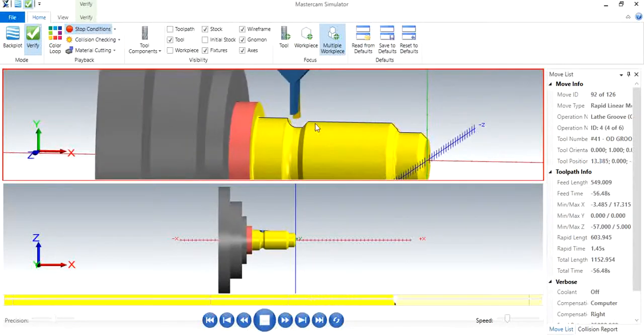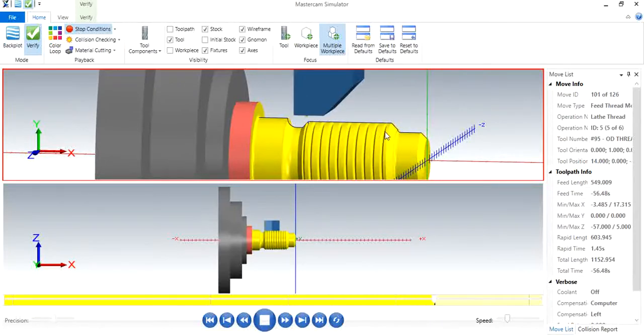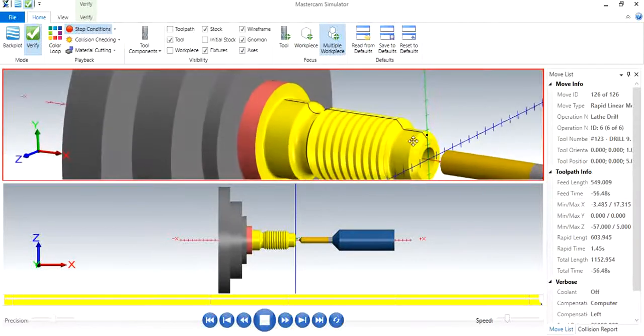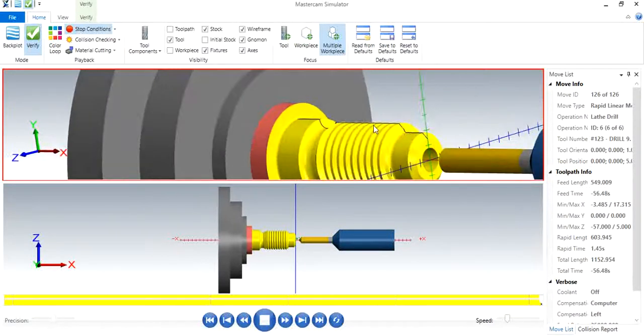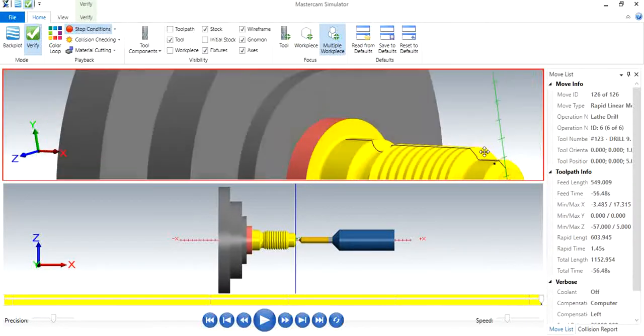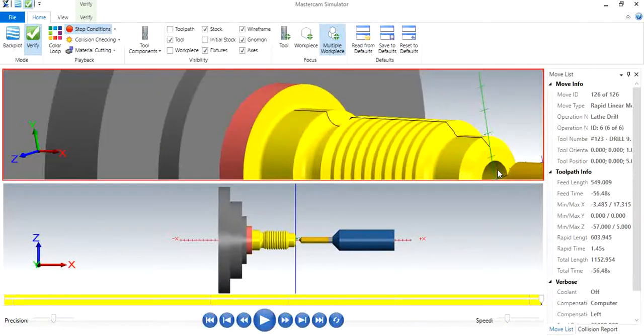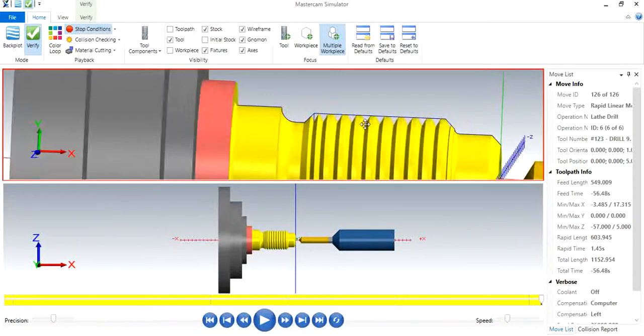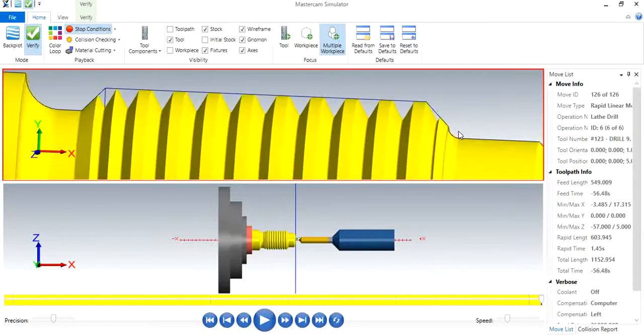Grooving operation, you can see here. Threading operation, drilling operation. Now suppose your tool is not colliding anywhere. Suppose your tool is colliding somewhere, your operation will stop. Second, if you are seeing any red color mark on this yellow color, it means there is a tool collision. Okay. So after finishing all these things, you should be able to see this black color line. This is the geometry line. It means all the material is cut.